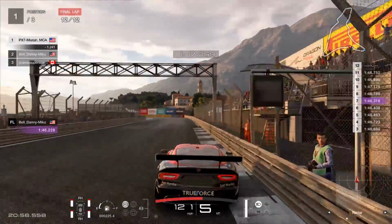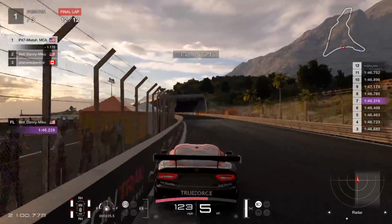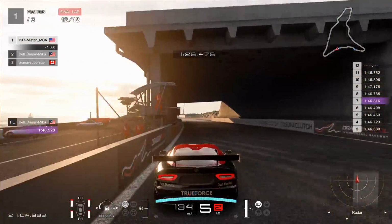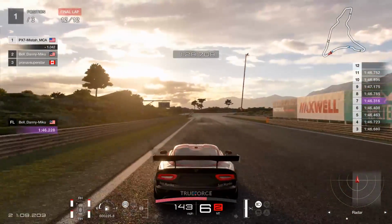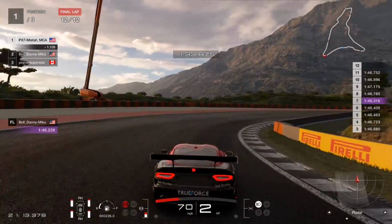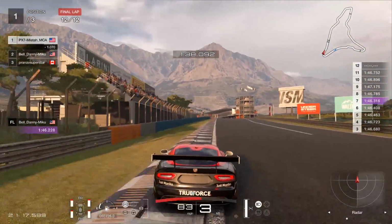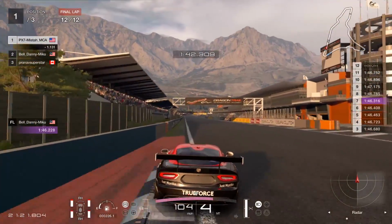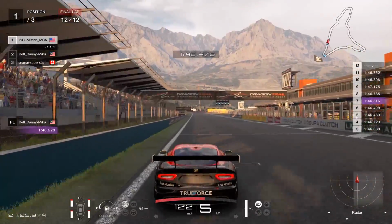And if you're in a car like an all-wheel drive car or a front-wheel drive car or just a car with generally poor tire wear, you do want to drive as smoothly as possible to make sure that the tires that wear out faster don't end up suffering too soon. Once again, you just want to try to make your tires last as long as possible so that they don't present much of an issue towards the end of the race. But anyways, let's go ahead and cross the finish line, and then we'll show places to overtake and the penalty